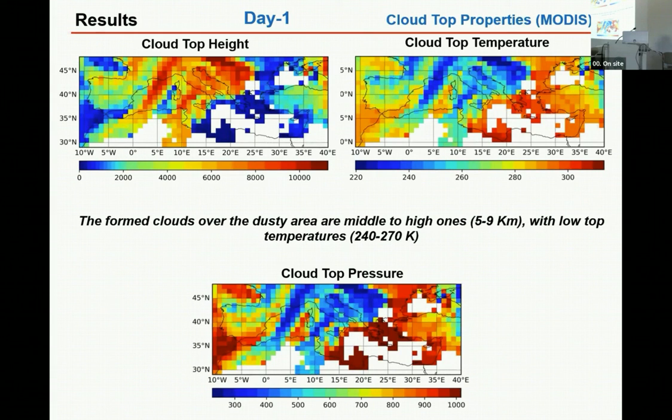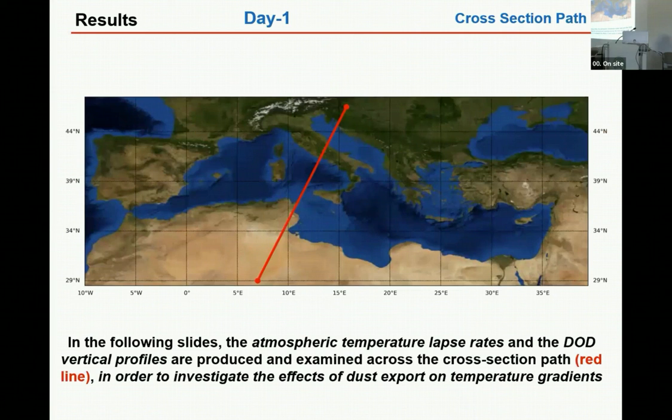Here we present the geographical distribution of cloud top properties. As we can see, the formed clouds are middle to high ones with cloud top heights between 5 and 9 kilometers and cloud top temperatures between 240 and 270 Kelvin. And let's go to the vertical